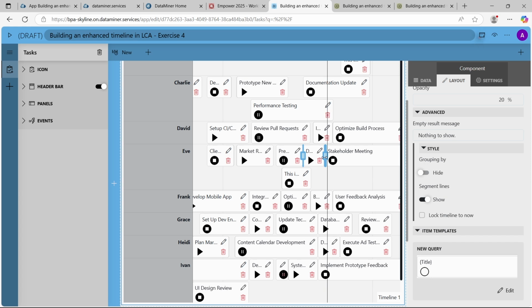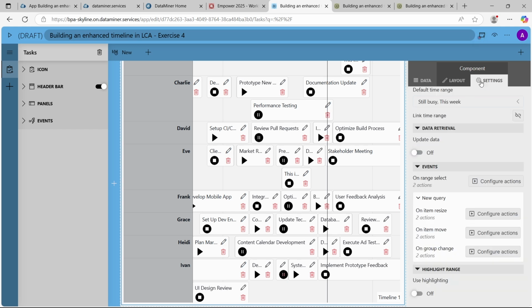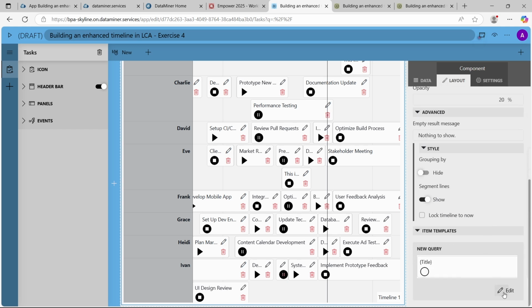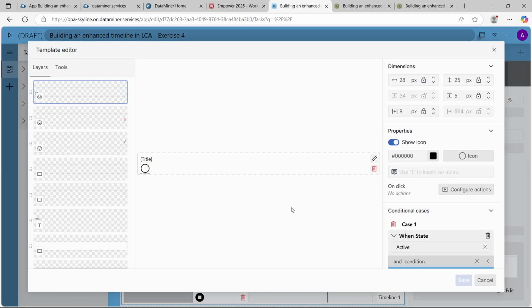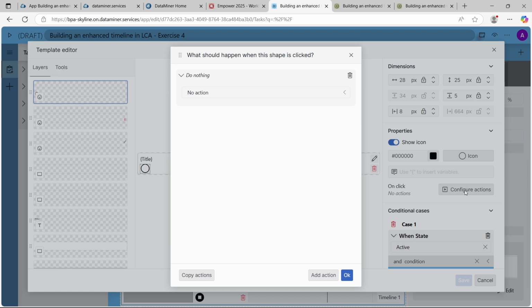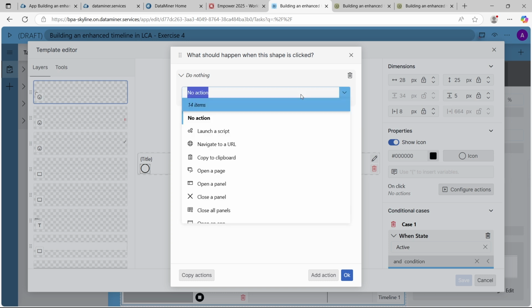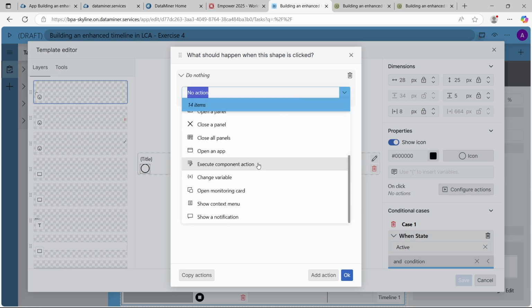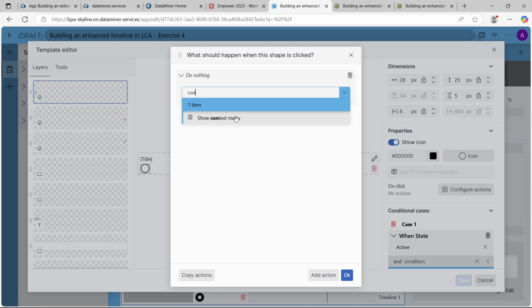So what do I want to do now? I want to enable the user to easily update the state of an item by just clicking on it, having a context menu, and then allowing him to choose between the 3 different states. So let's go back, then go to layout, go to edit, and we're going to configure some actions. So when the icon is clicked, I want to open up, and normally there should be a show context menu